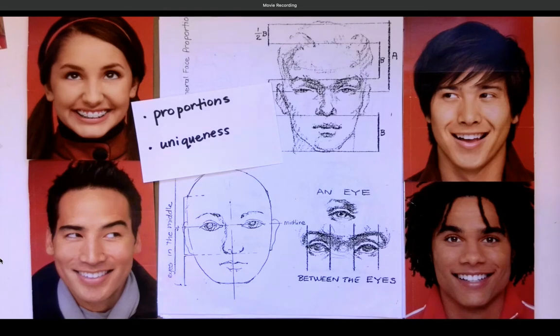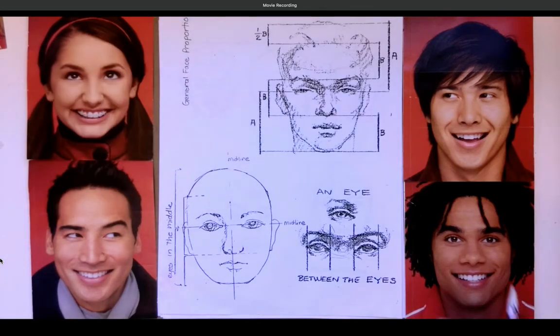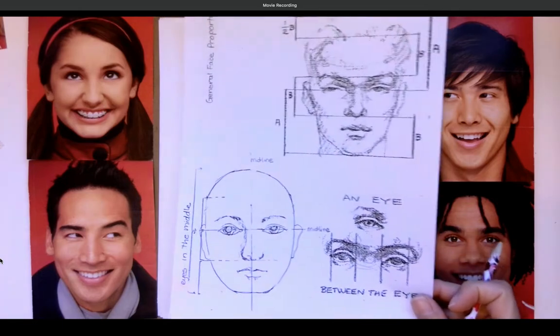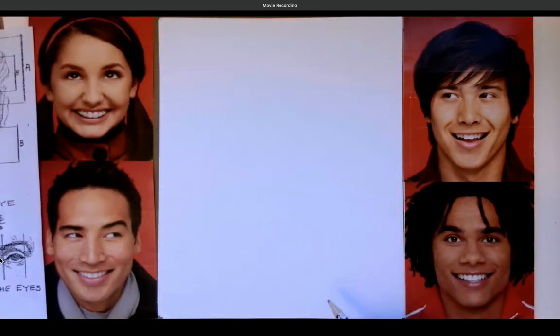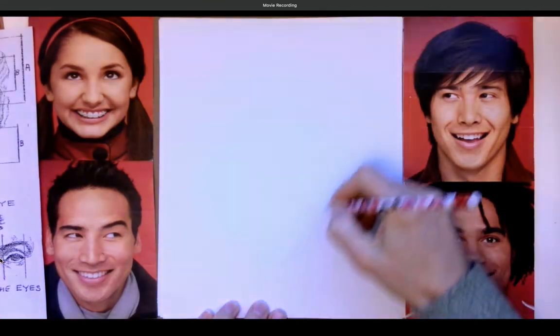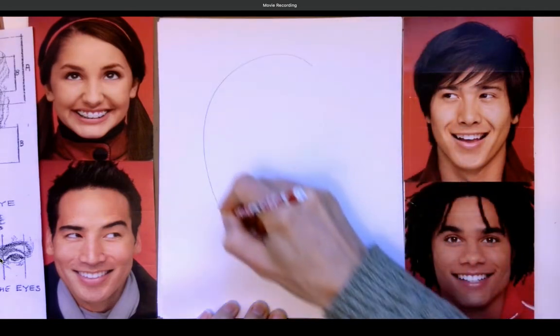Today, we're going to talk about how to draw a face using realistic proportions and capturing the unique features that make a person different from another person. First, we're going to start with a shape for the outside of the head. Most heads are an oval or maybe an egg shape, so I'm going to see if I can draw that